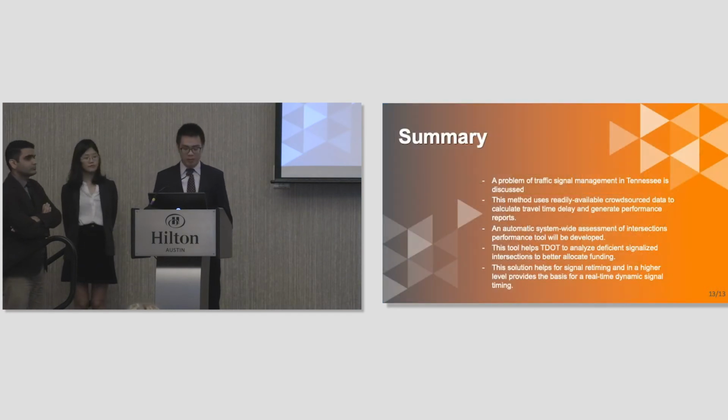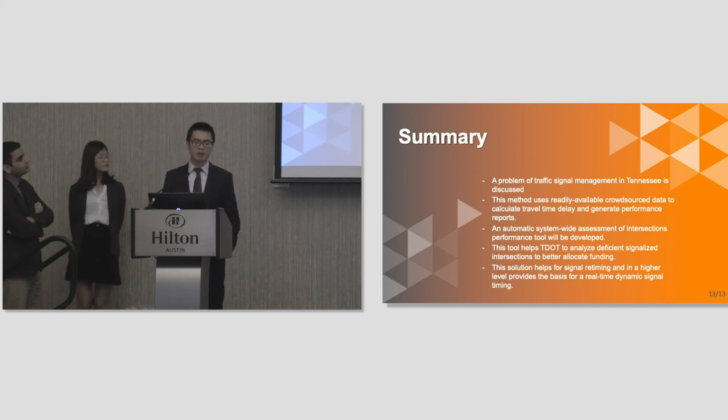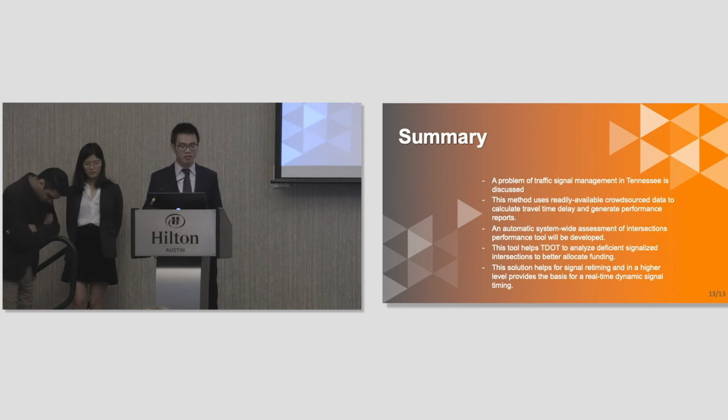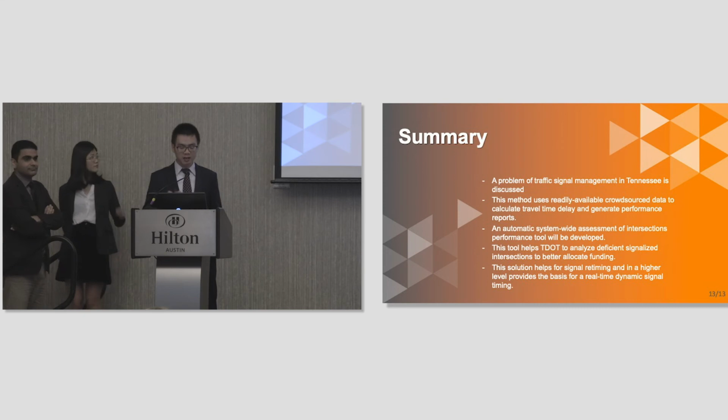Finally, let's wrap it up. In this project, we identified a problem of traffic signal management in Tennessee and proposed a method to solve it. Our method uses readily available cloud source data to calculate the travel time delay and generate the performance reports. To automate the workflow, we will develop a system-wide assessment of signal performance tool to generate the performance measures reports automatically. This tool can help TDOT or other agencies to easily analyze the deficient signalized intersections so that they can